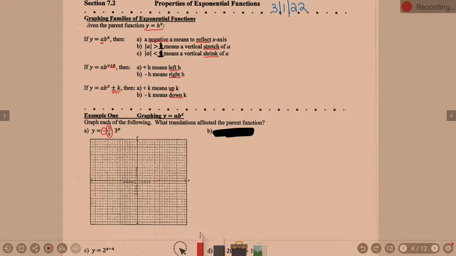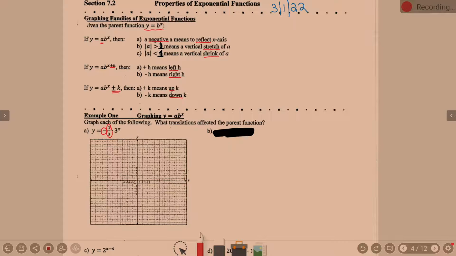Okay. The 1/3, when you multiply by a number that is less than 1, that is a vertical shrink. So one of the things you need to be able to do, notice it says what translations affected the parent function. You need to be able to put these in words, right? In Math Excel, it's probably going to be more of a multiple choice, pick what they say. For a quiz or a worksheet or something, I'm going to ask you to write them out. You have a little bit more room below here than what I did, but I'm going to write them out